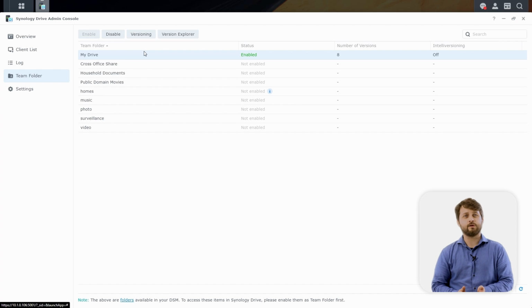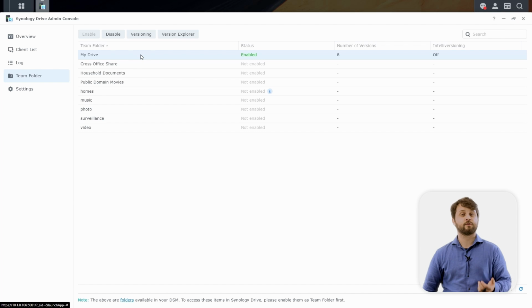That's because we already have the User Homes service enabled in our environment. And User Homes and your home folder is basically your own personal workspace on the NAS. And this is true for Synology Drive, for Audio Station, as well as for Synology Photos. So you'll see the My Workspace kind of environment that utilizes User Homes pop up a few times during this session today.